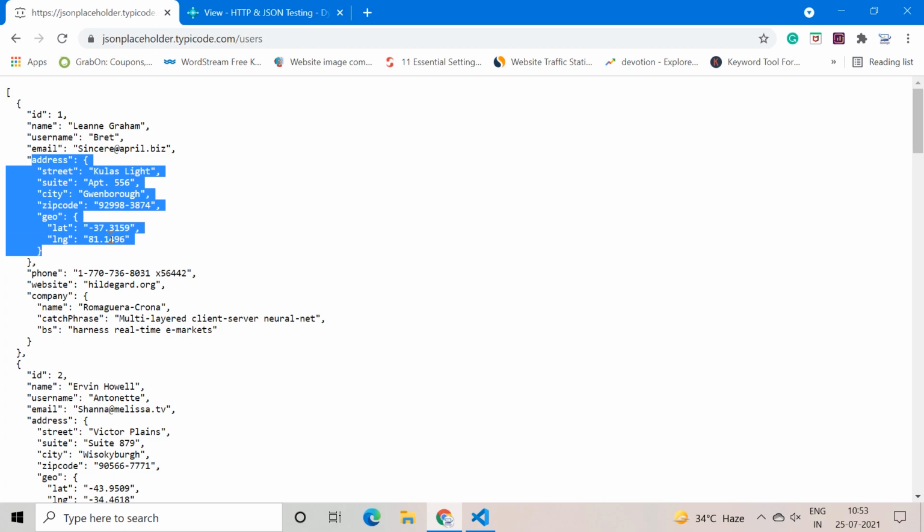So what we will do is that as soon as we provide an input of ID is equal to 1 in our custom table, the system should fetch the rest of the values like name, username, email, and street and suite from this API automatically. Okay, so let's begin writing the code and see how we can do the same.